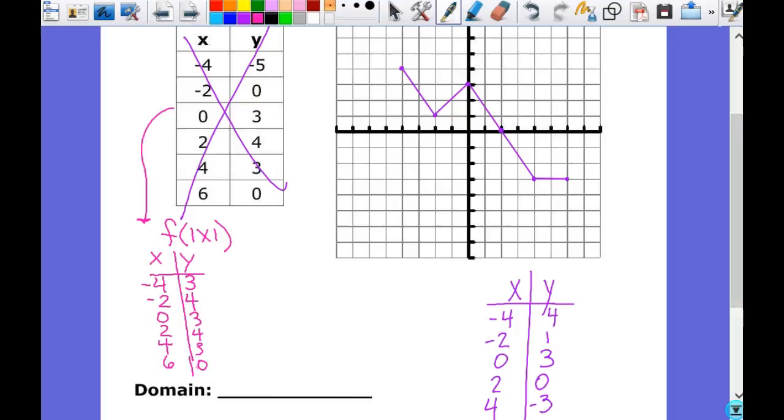Does that help a little bit on what to do? Make it make a little bit more sense, hopefully. And if you need to write it out like this, f of the absolute value of -4 equals f of 4, I mean, that's what's happening, so that you can see it a little bit better. Okay? Any questions? All right. Then go ahead and glue this in. We're going to start with a warm-up on this on Monday for sure, just to make sure that we get it